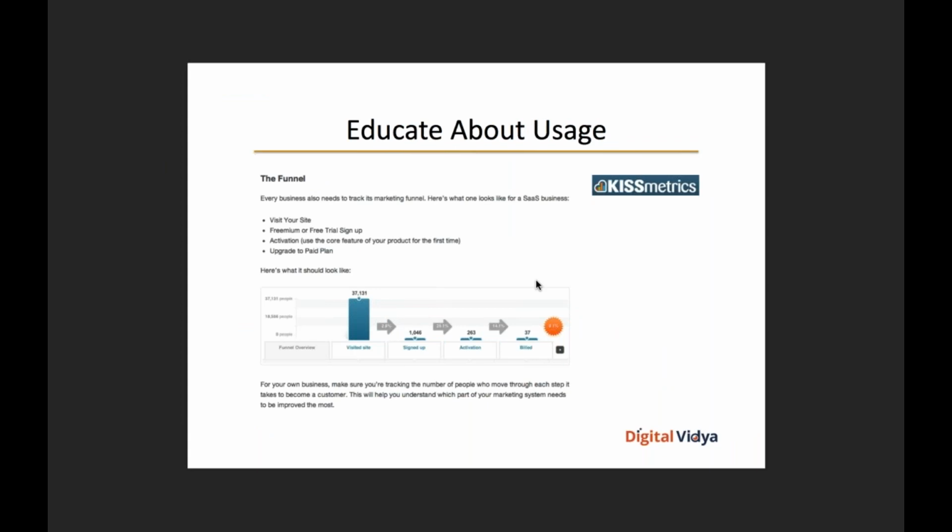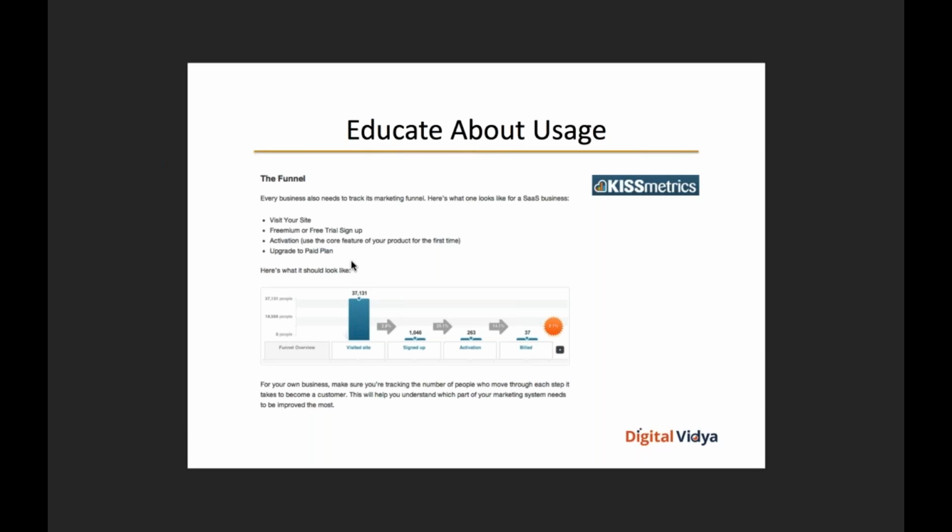So here's the next thing, right? Once you've actually convinced customers about opportunity, what they're now looking to do is educate customers about usage. Here, what they're saying is, there is a usual marketing funnel which every business tracks, and this is what it looks like if you were to track it on Kissmetrics. This is a screenshot taken from the Kissmetrics platform, which gives businesses an actual visualization of what it would look like on the platform. So they're educating customers about usage on the Kissmetrics platform.